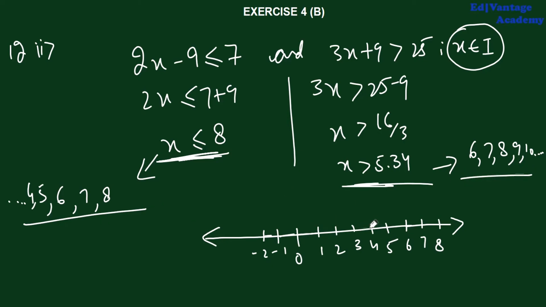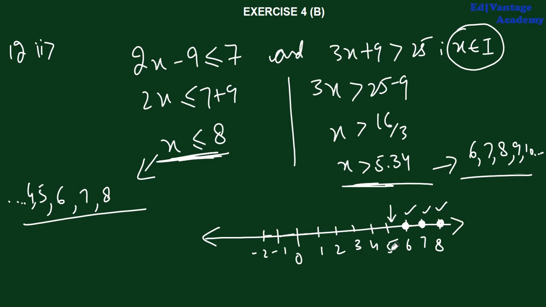So if you look clearly, it comes 6, 7 and 8. 6 is greater than 5.34. Yes, because 5.34 is somewhere here. X is greater than 5.34, so 6, 7, 8 comes for this. Perfect. And 6, 7, 8 is less than or equal to 8 also. So these three values are the final answer for our solution set, which we have